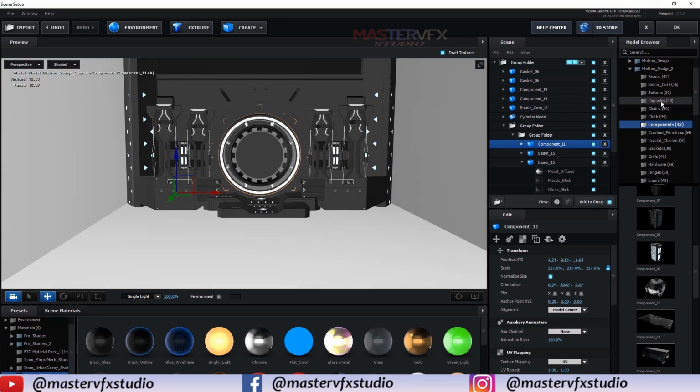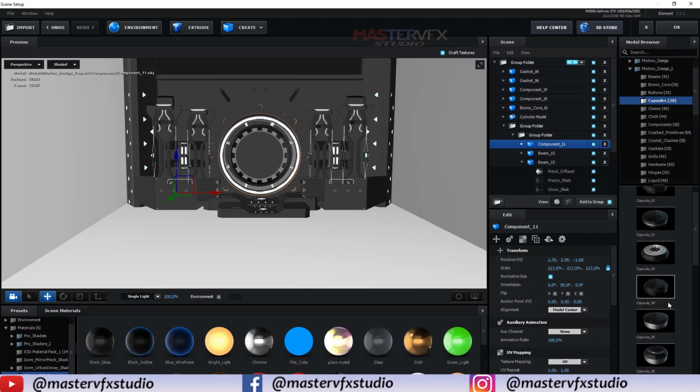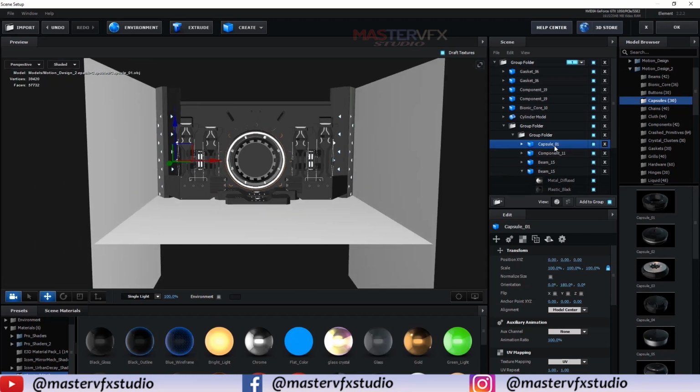Now further, in the Motion Design 2 capsule folder, we are going to use this and put it outside the symmetrical group.